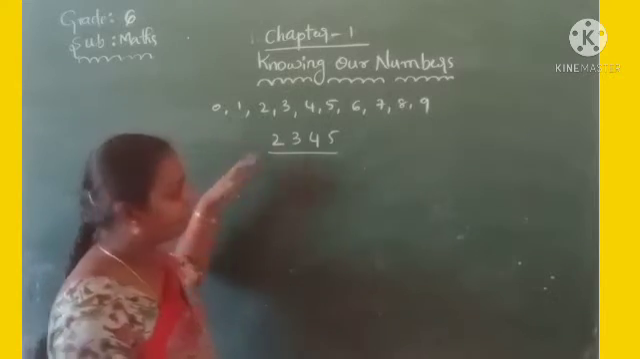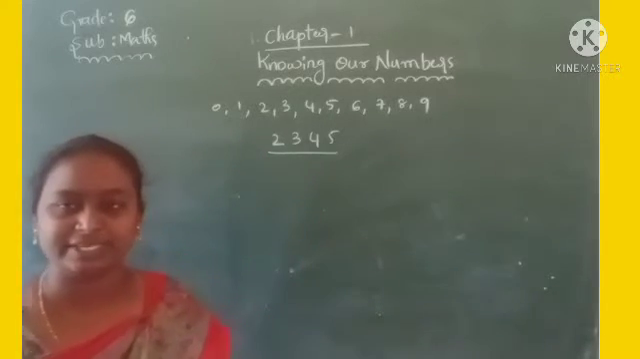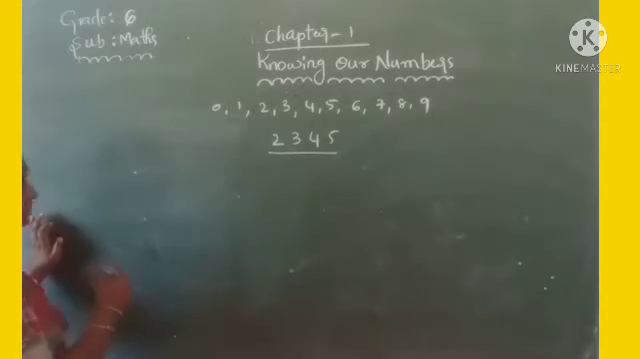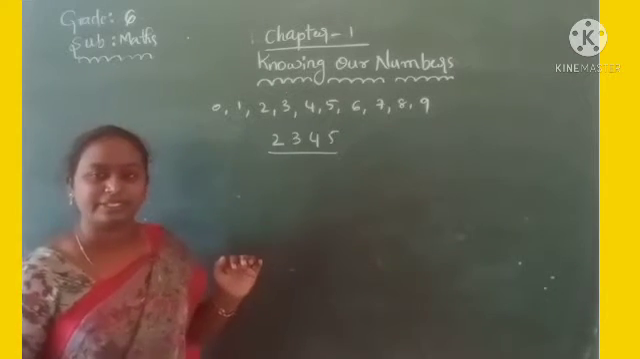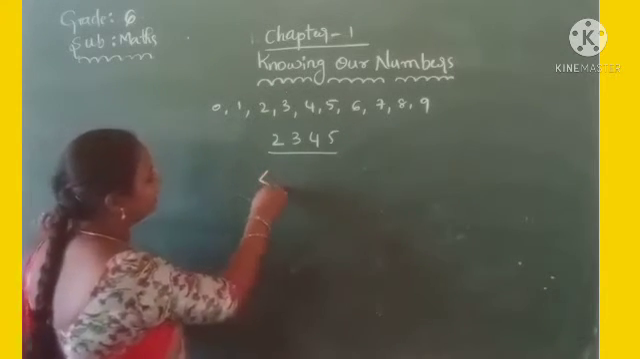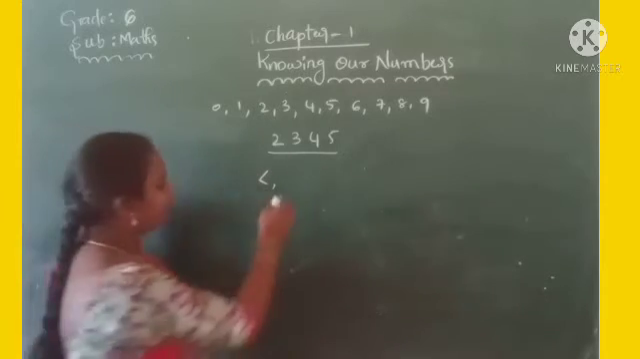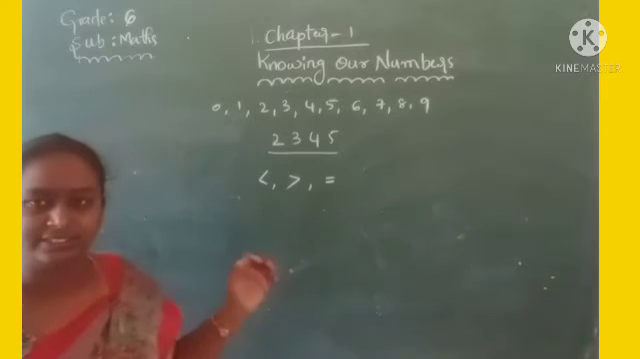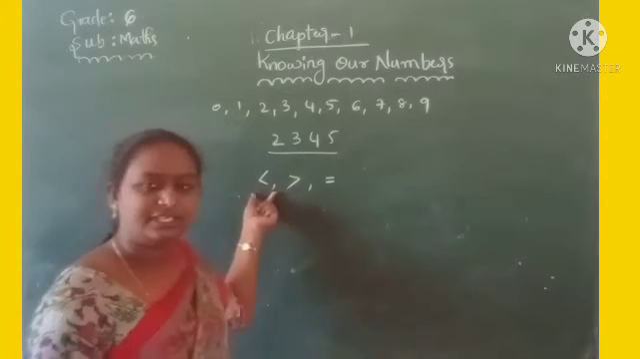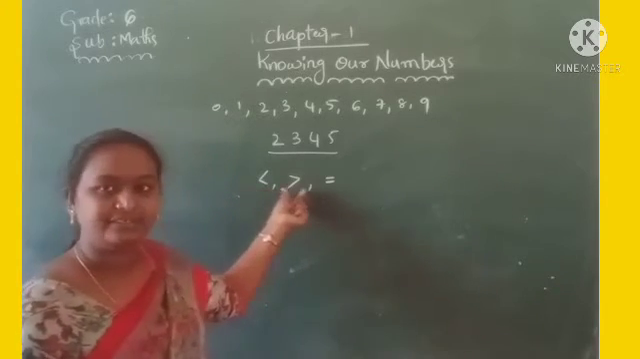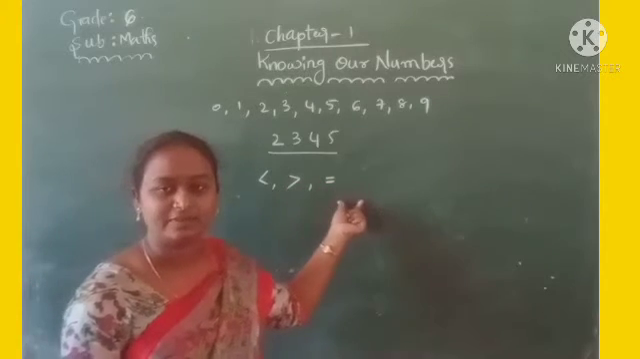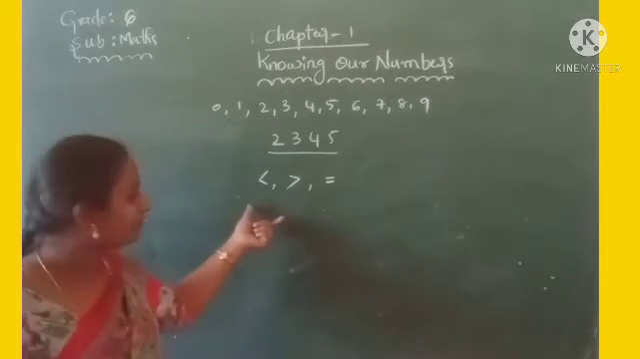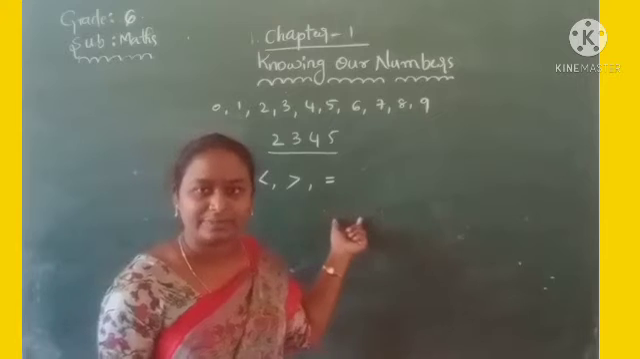Okay. So how can we compare the numbers? Which type of symbols do we use to compare the numbers? We know the symbols: less than, greater than, and the equal sign. So what is the symbol of this one? Is it less than, greater than, equal? These symbols are comparison symbols. We can compare